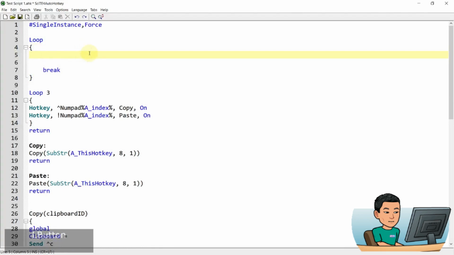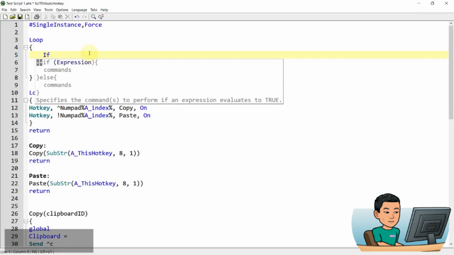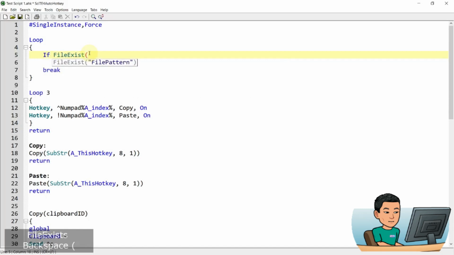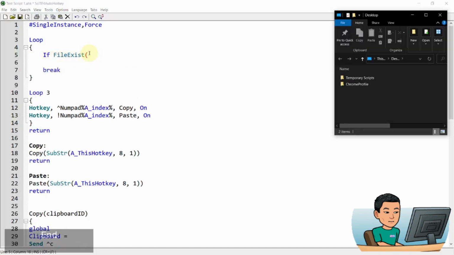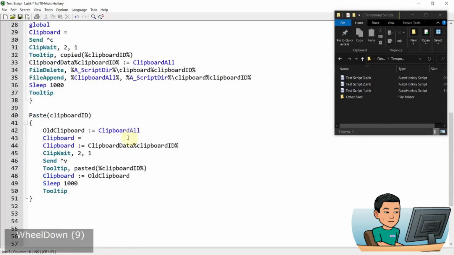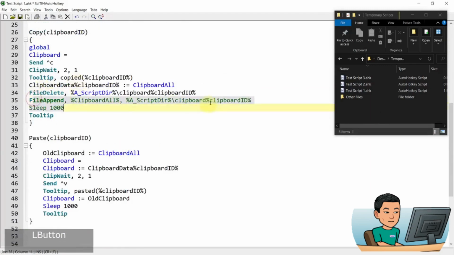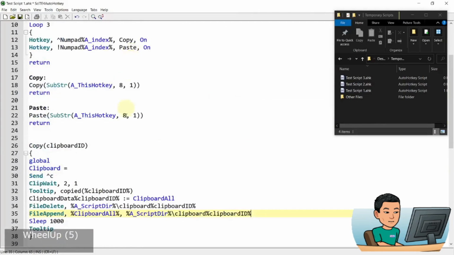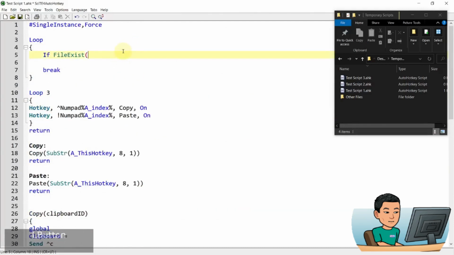Now, the first thing I want the loop to do is to check, using the if statement, whether a file exists. So what file am I going to look for? This script is saved in this folder, right? And the file I'm going to look for is the file that is created down here with the FileAppend command. So I'm going to go ahead and make references to that by going